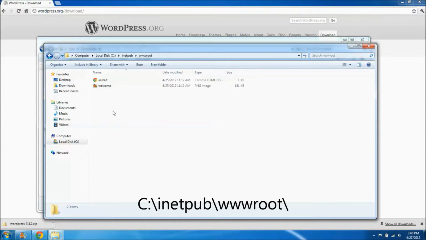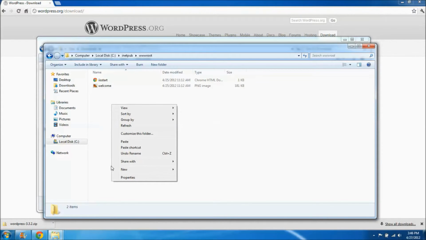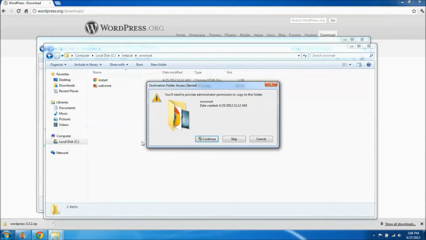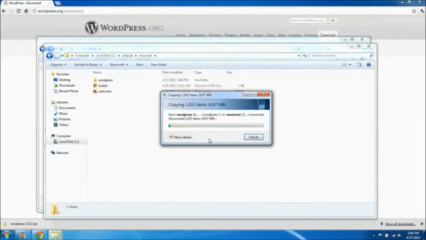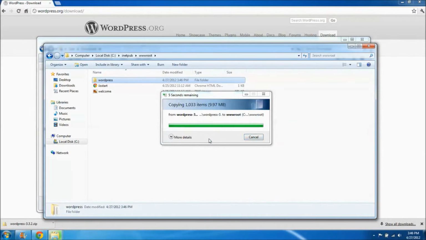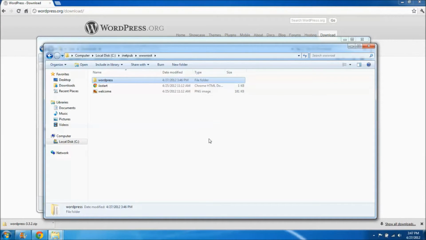Again, this is the default where IIS serves web pages. So we're going to paste that and give administrator access. Okay, now that WordPress has been moved to the C inetpub wwwroot directory,